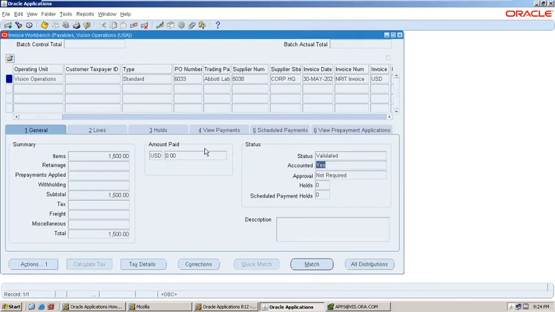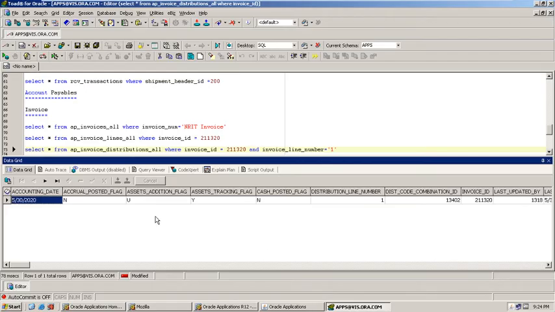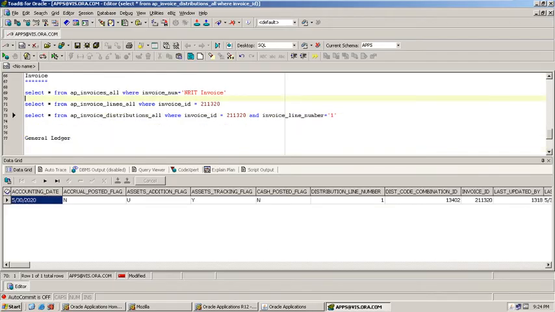Once the invoice got successfully accounted, that means the data will flow to the subledger module as well as the general ledger module. What are the tables?